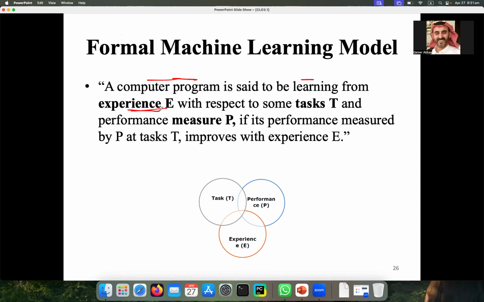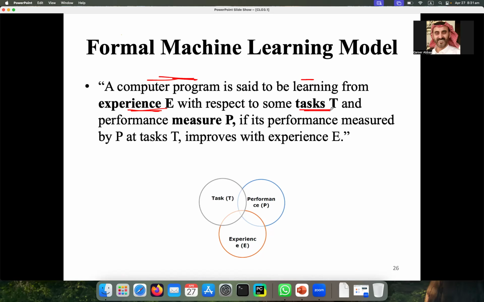Or you can also give it some other name, such as vision in machine learning. You will see, but it is a computer program that will automatically learn from experience with respect to some task. So you have built that program for some task, maybe spam or not spam email detection.